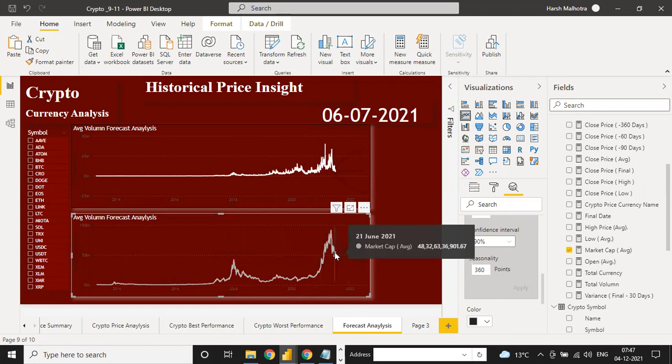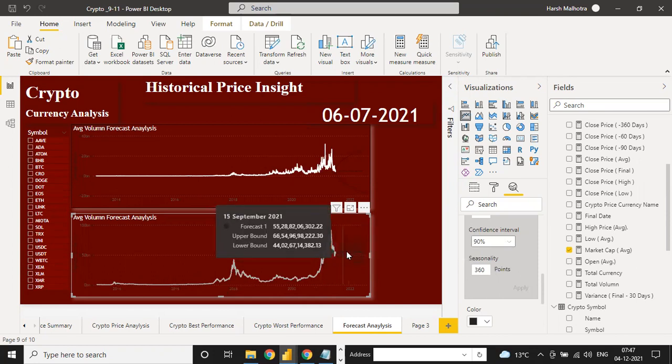Apply and see, now it is month wise data. So right now this is your market cap value, and same way this is your upper and lower end forecast. This way is your value. Just a minute.